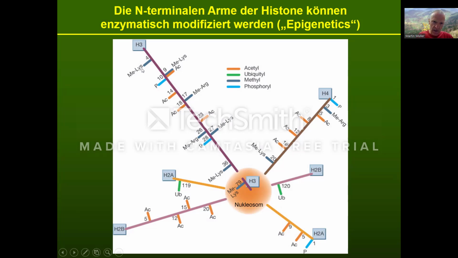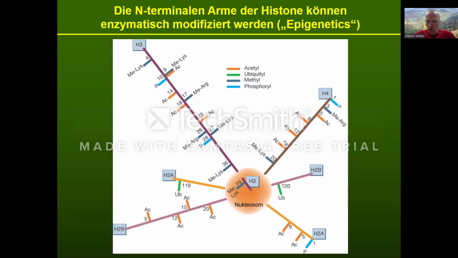It's a lysine, so at position 4 it can be methylated. Then position 14 can be acetylated. Position 18 can also be acetylated. Position 28 can be phosphorylated. And in this way, you can see that every arm can have a quite distinct pattern of